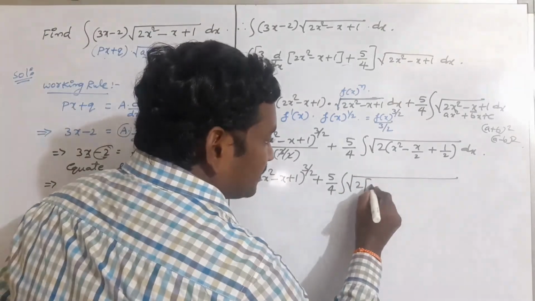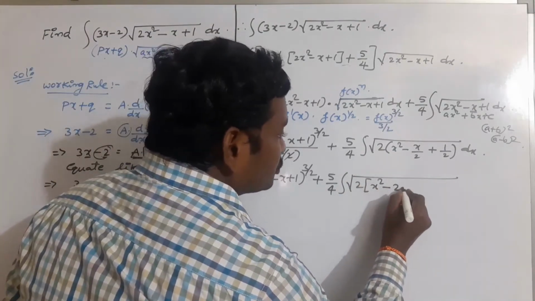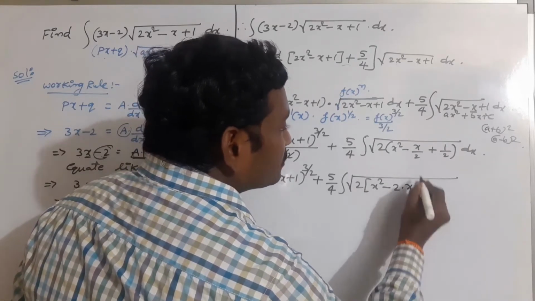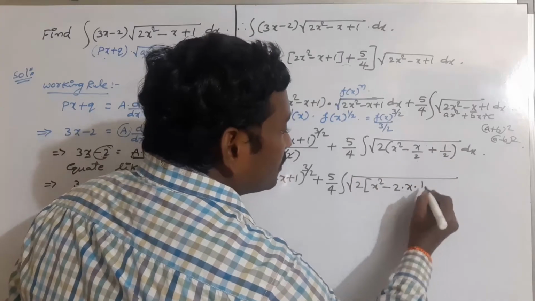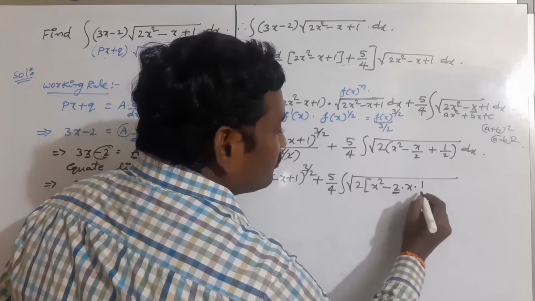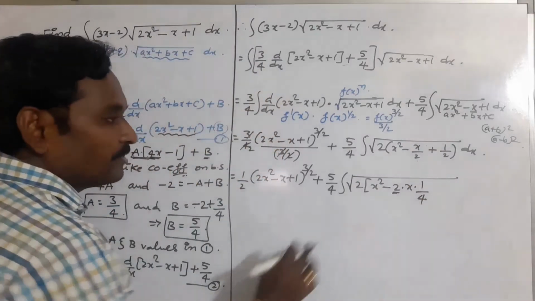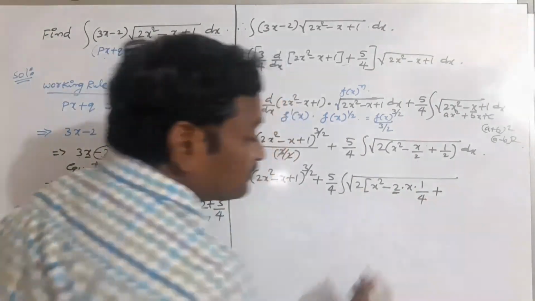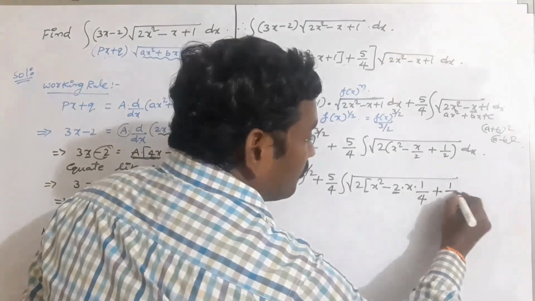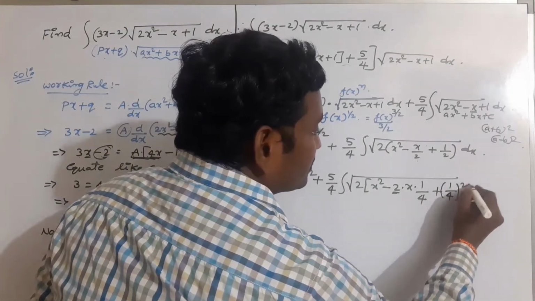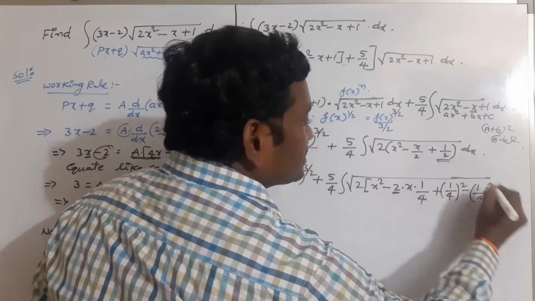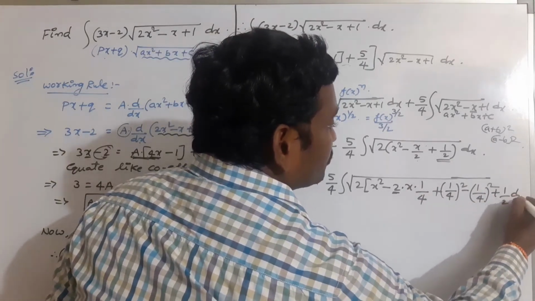this can be written as x square minus, multiply with 2 because we need the 2ab form. That's why 2 into x into, already here we have 1 by 2, you are multiplying with 2, that's why you will write 1 by 4. So you will get the a square minus 2ab form here. After that we need plus b square. What is plus b square? 1 by 4 whole square. That's why subtract 1 by 4 whole square. And the remaining balance term is 1 by 2, into dx.